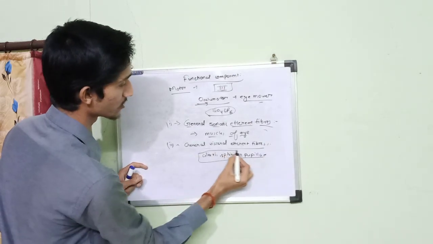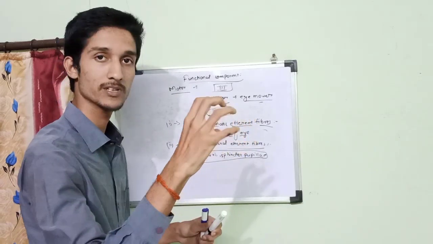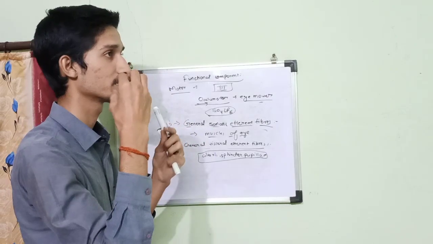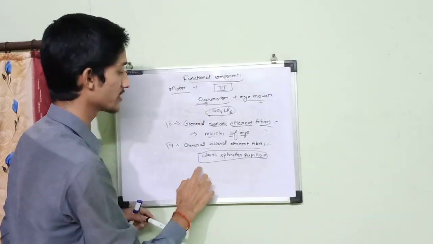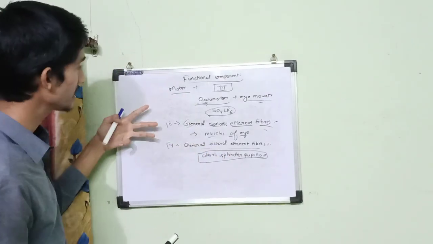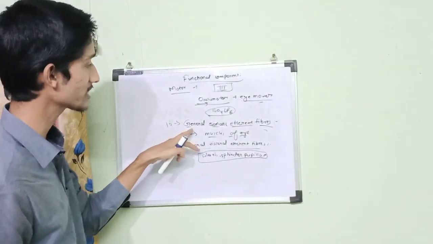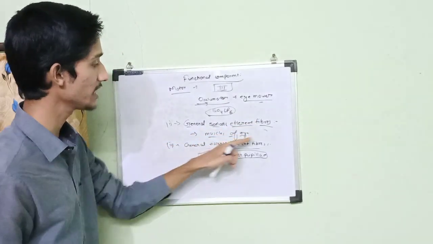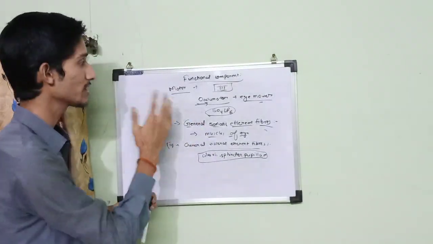They are not under our control. Sphincter pupillae is generally responsible for the contraction of our pupil, and the ciliaris muscle is generally responsible for the ciliary body, for maintaining the length of the ciliary body. So these muscles are not under control. They are visceral muscles. So the oculomotor nerve is a purely motor nerve. It contains two functional components of motor fibers: general somatic efferent fibers supplying the muscles of the eye, and general visceral efferent fibers supplying the ciliaris and the sphincter pupillae muscle. So it is an example of a purely motor nerve.